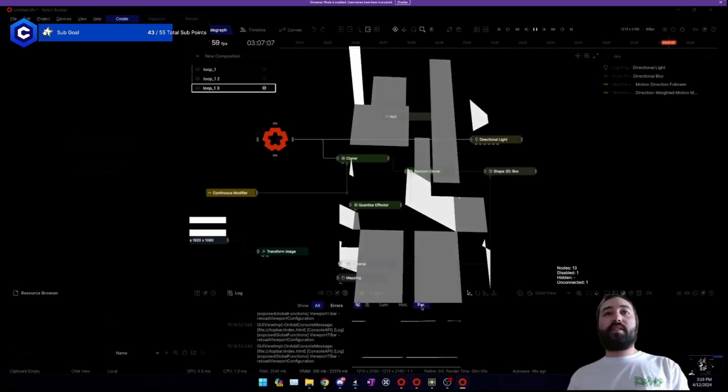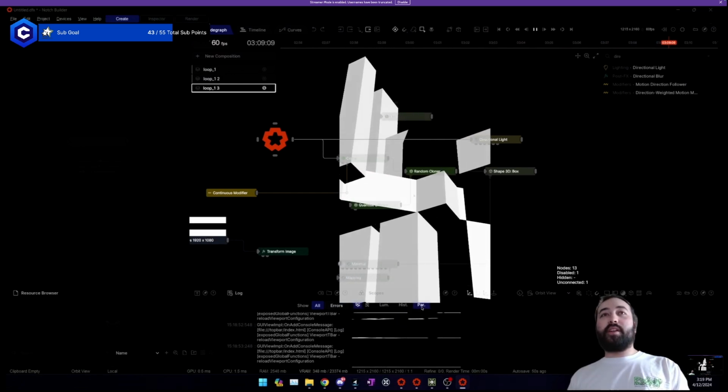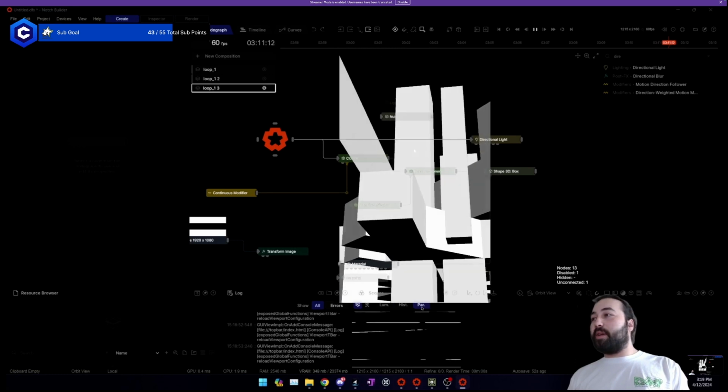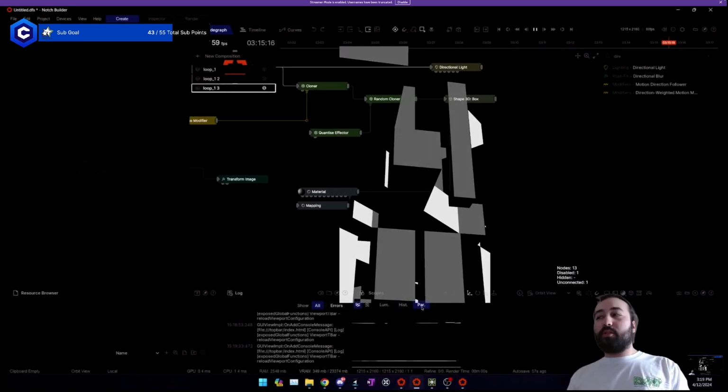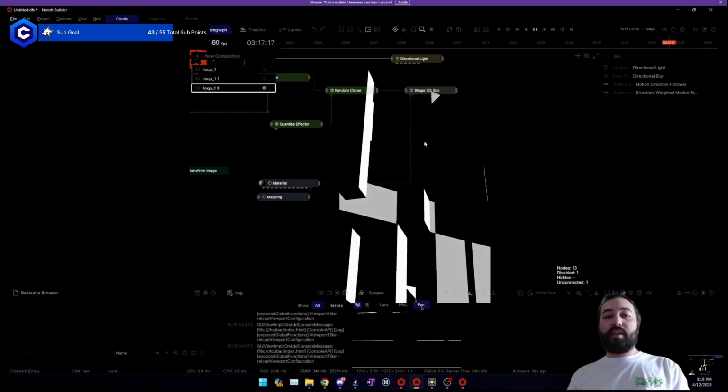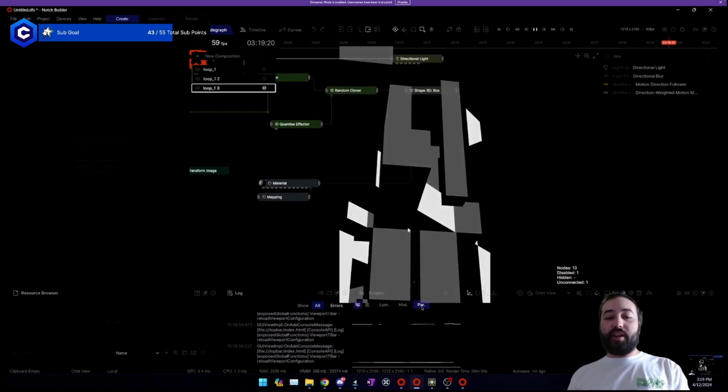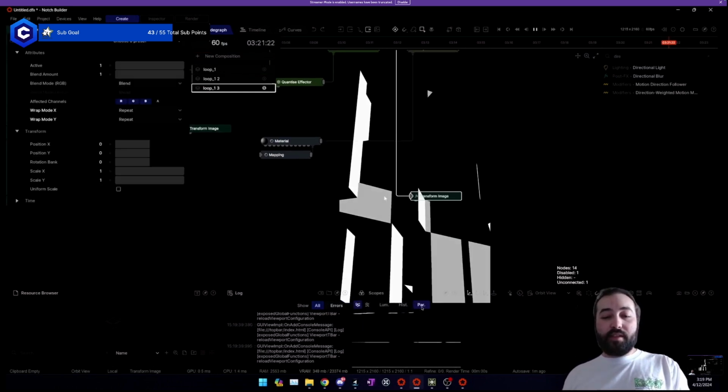Yeah, so this looks kind of cool. I'm not sure how well it's going to work, so I'm gonna do something to it. It's kind of cool with Knotch as well, that even though I did this stuff in 3D right now, I can go ahead and start adding 2D effects to this.